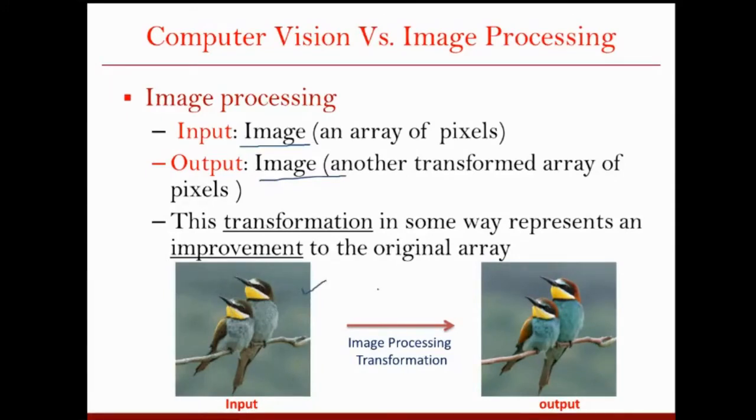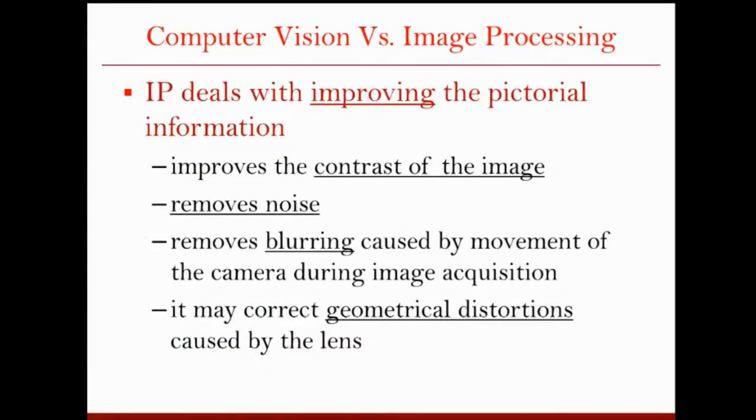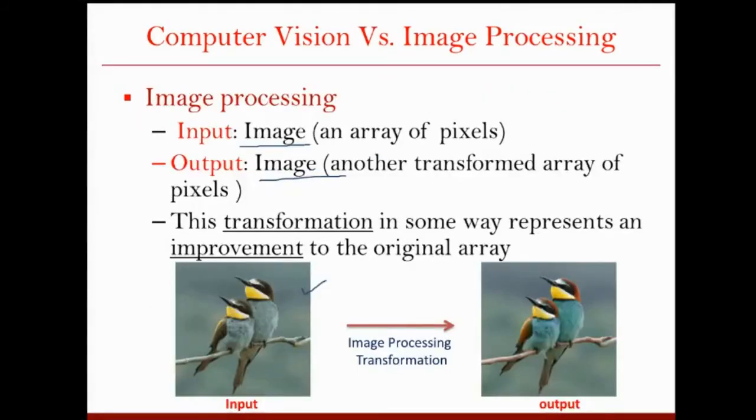Let's say this is one example where the image is of not good quality. You want to improve the image. The image has, let's say, noise, or it is blurred, or it has a contrast problem, or it has some geometrical distortions. So you may not be happy with that image. So how will you improve it? Using an image processing application. So you have an input image here, and you apply some image processing on the image, and with the help of that image processing, we believe that we are going to get a better image.